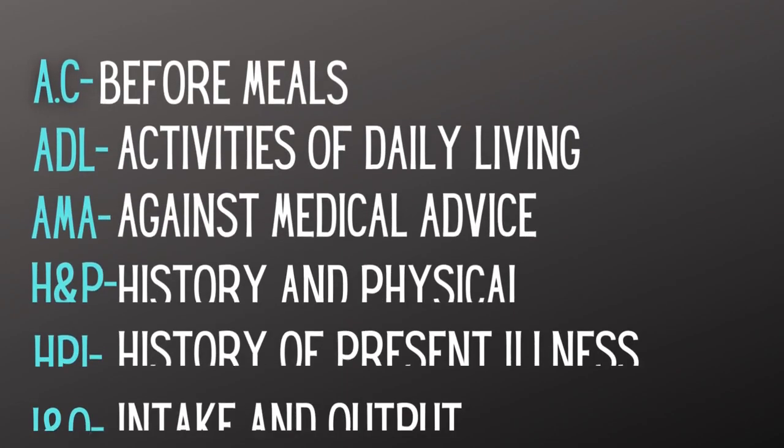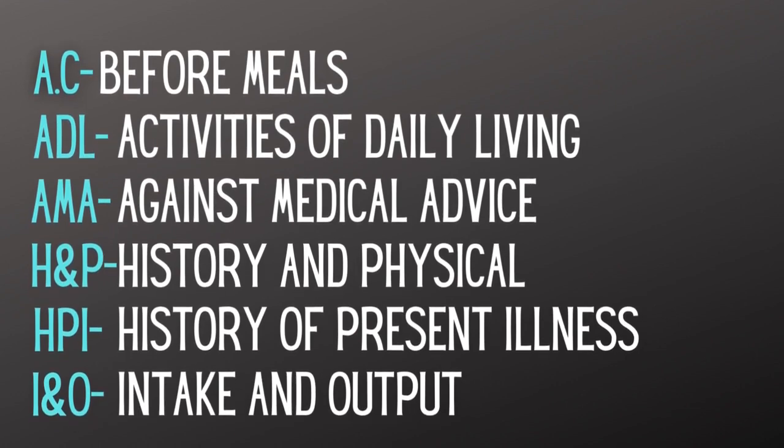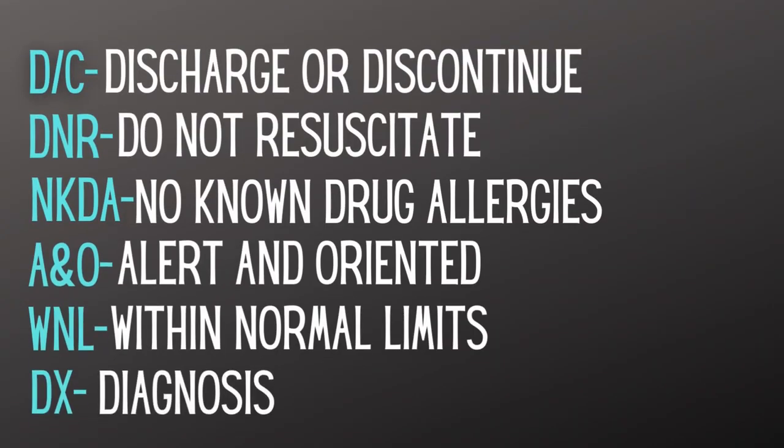So without further ado. First up, mainstream abbreviations that you'll commonly use in basic charting. AC is before meals, ADL, activities of daily living, AMA, against medical advice, H&P, history and physical, HPI is history of present illness, I&O, intake and output, DC, discharge or discontinue, DNR, do not resuscitate,